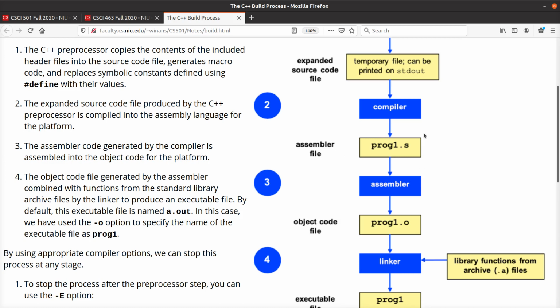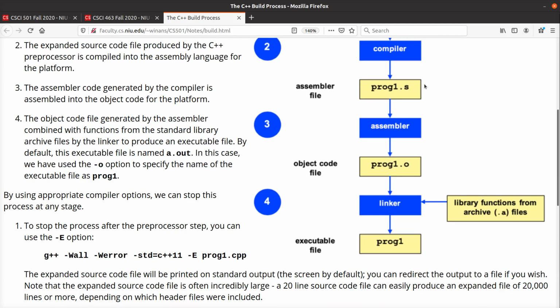Once that has been created, again, you could stop the pipeline right there and take a look at that if you want to. By default, normally you wouldn't do that, all right? That then is assembled and output into a .o file, what we call an object file, right? This is not quite executable at this point, but all the source code is gone and the instructions are in